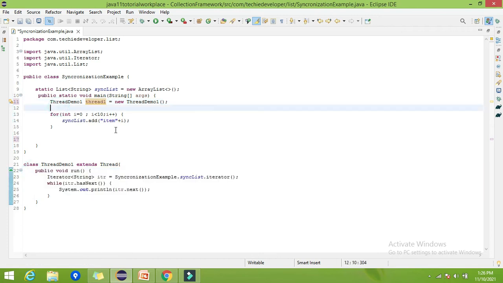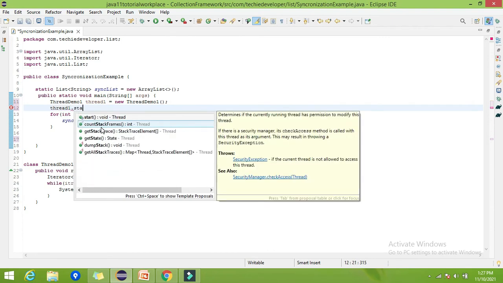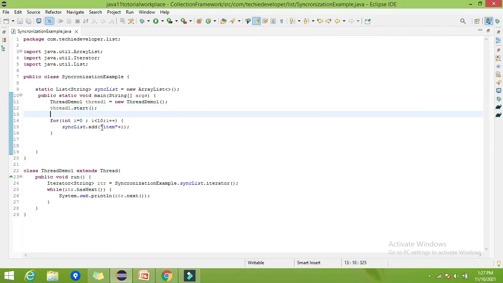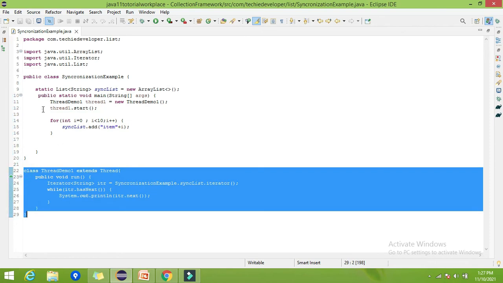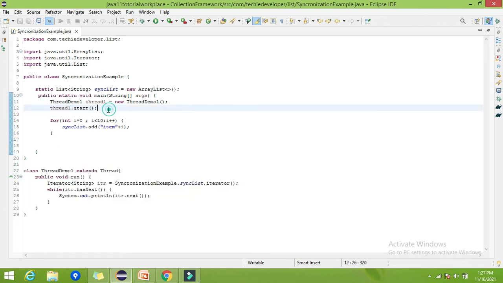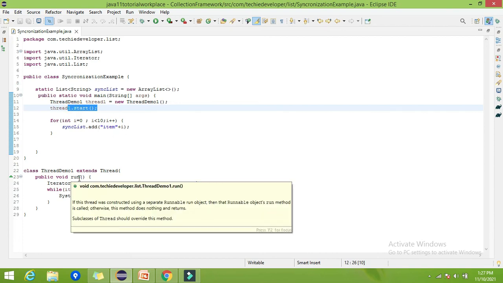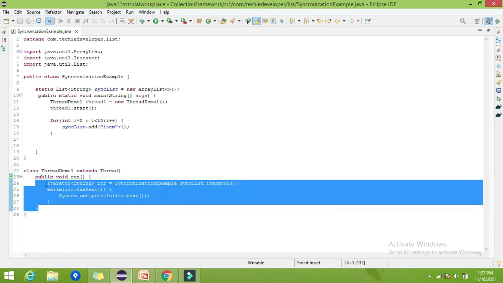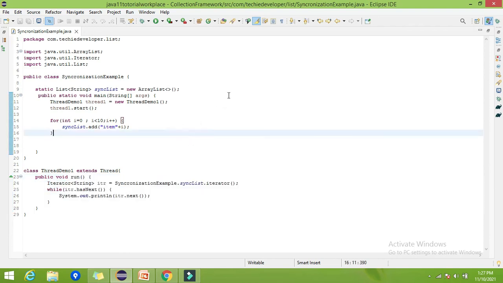So let's start. That's it. We have created the thread and we have now started this thread. Once we execute the start method, internally it will call the run method, and after that it will get executed. So let's try to run this now.